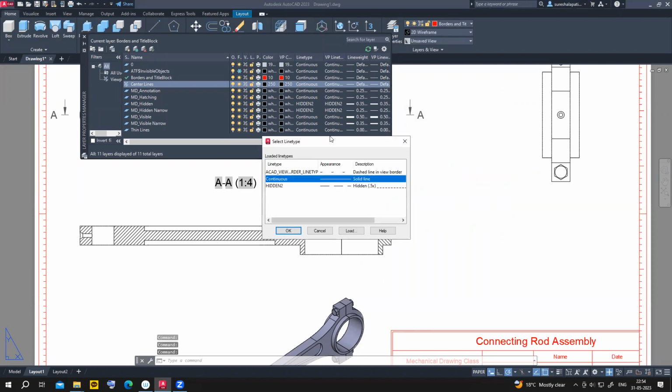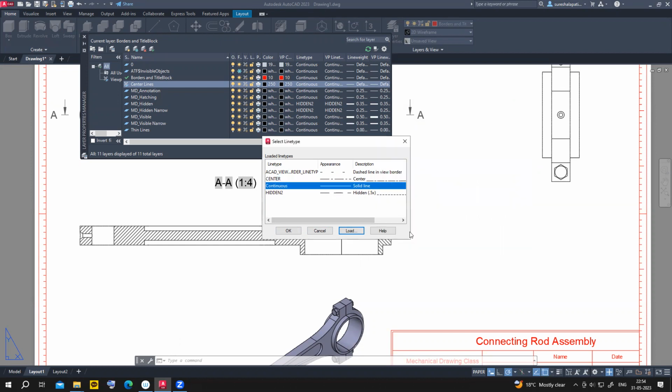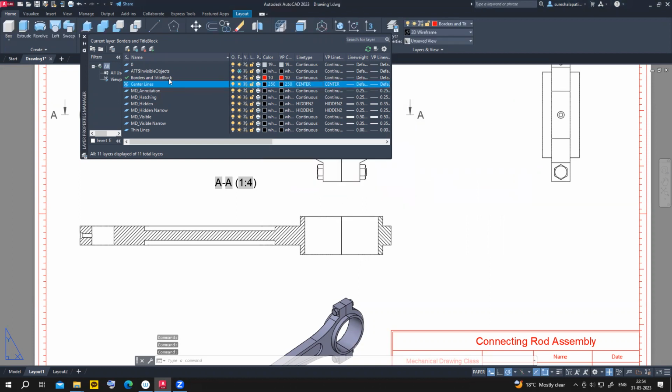And line type, so load, right now we have only hidden, so load, so center, so select center, okay. And also I want to choose the dimension line